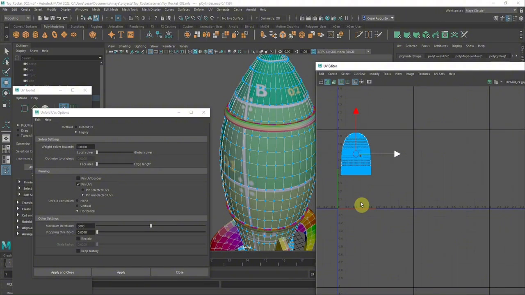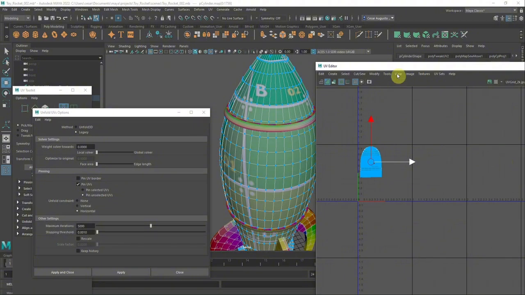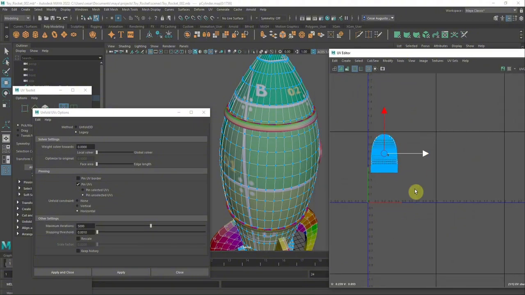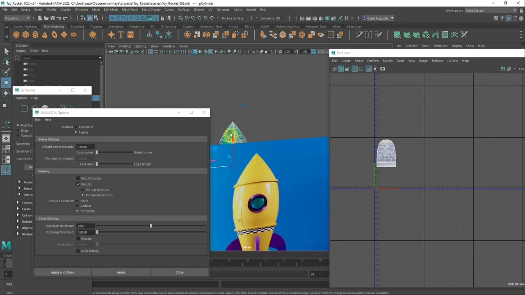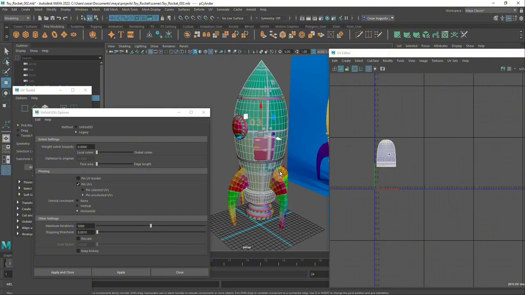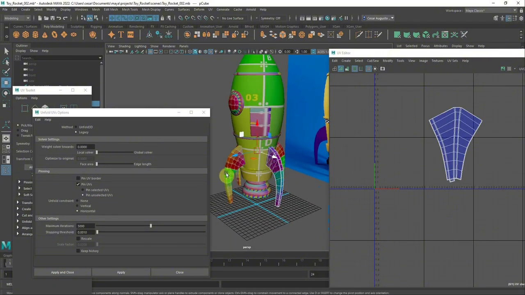Again, it all depends on where you're working and what resolution this needs to be in, and how important this object is, whatever it is you're modeling. If it's not going to be seen, then there's no reason to take up this much real estate, and we can just fit all of this into a single tile. So we have that fitting in there, and I'm going to select all of my